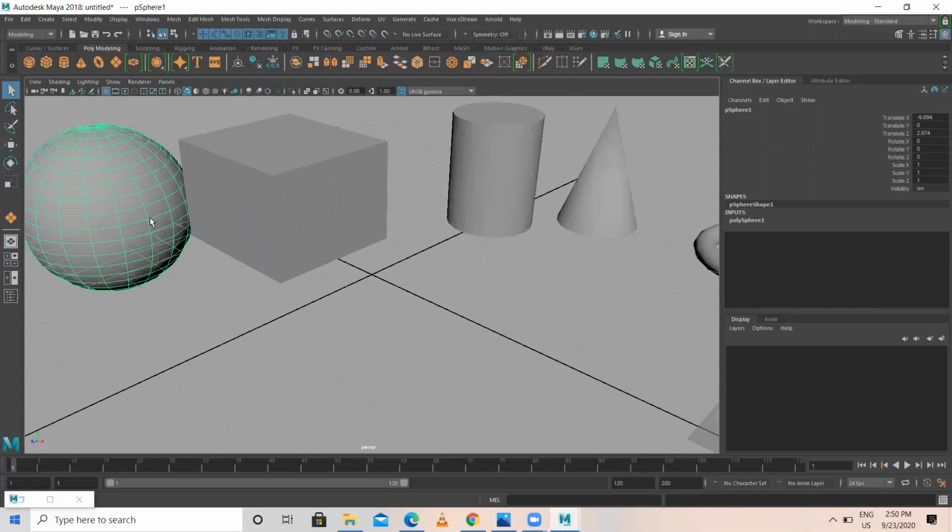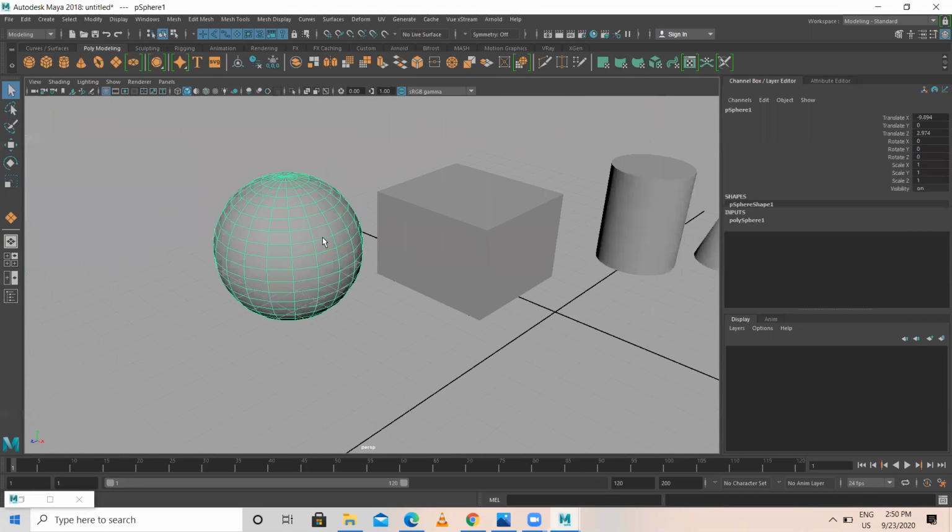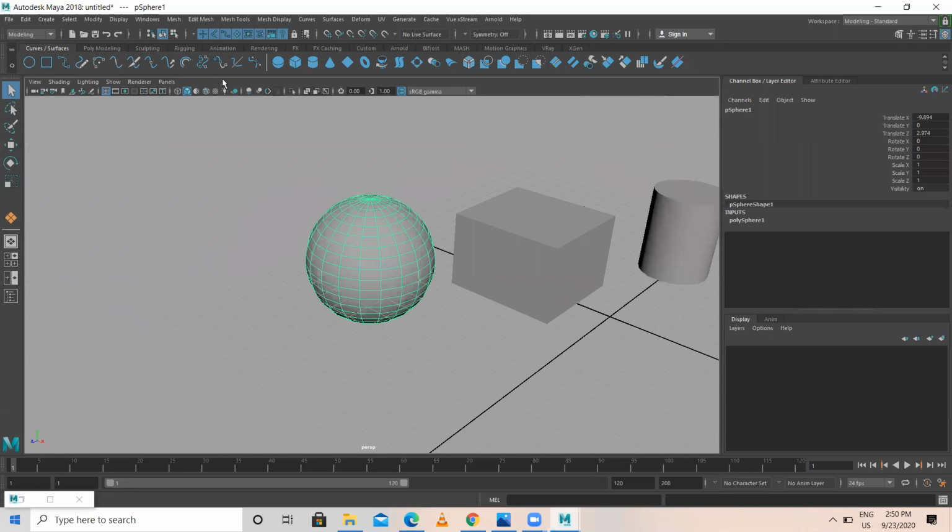Now let us see the difference between surface sphere and polygon sphere. This is the surface sphere, and this is the polygon sphere.